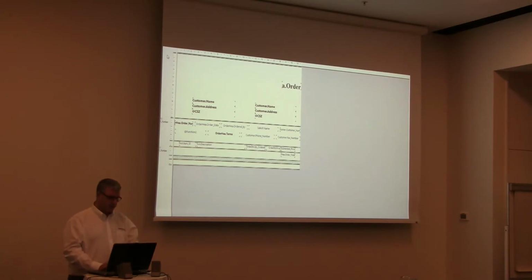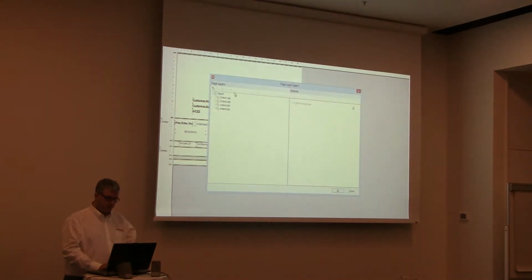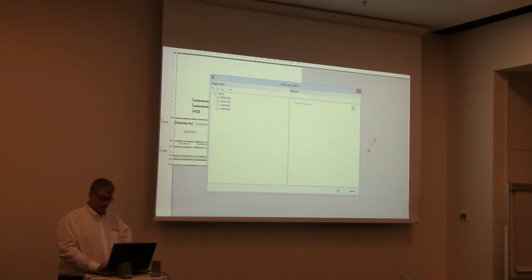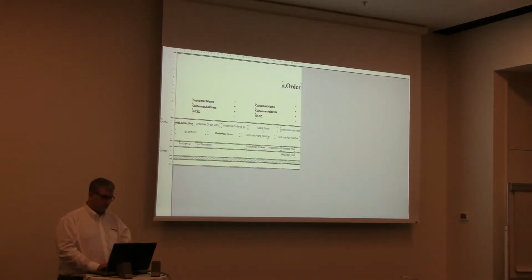This is how the report is designed, how it looks. You don't see a page layer at this moment. You have to go to preview for that. But in the page layer expert, you will find that this report supports 4 page layers. And I turn them on and off based on a function. This function says, I want to use page layer number 1, or 2, or 3, or 4, depending on a parameter of my report. So if I run my report here,